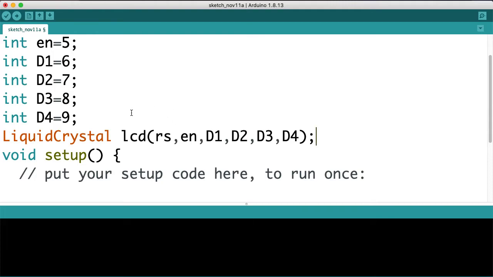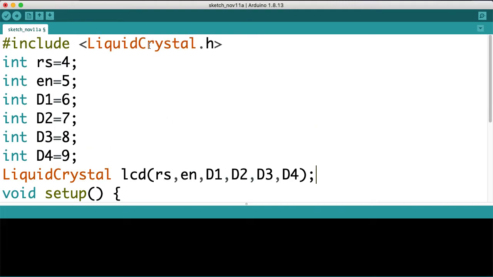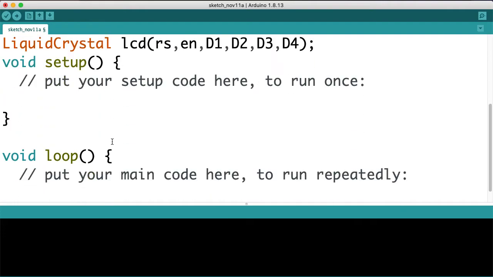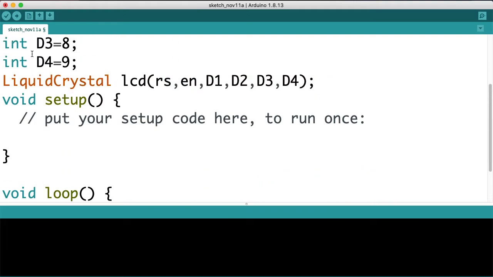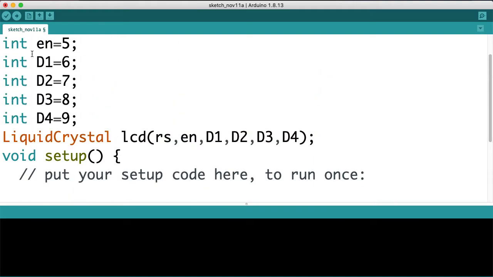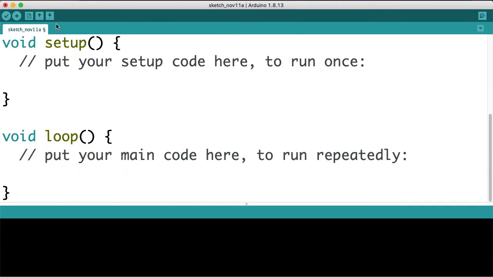Because this library that you have included in here understands whether this should be output or input, depending if it's a read or write, you don't need to actually declare this in the void setup as in doing your pin assignment. So in this code, you're not going to include anything in the void setup,